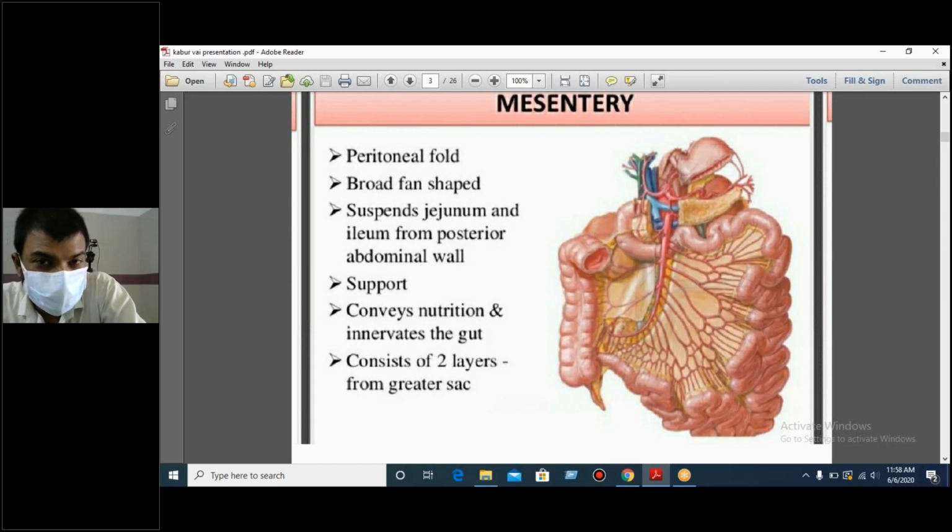If you differentiate the questions into written, viva, and practical, then in the written you will face the question: what is mesentery? What are the structures? Start with the root of the mesentery, contents of the mesentery. This is enough for the written. And for the jejunum and ileum, you will face the differentiation between the jejunum and ileum, and sometimes the differentiation between the duodenum, jejunum and ileum.